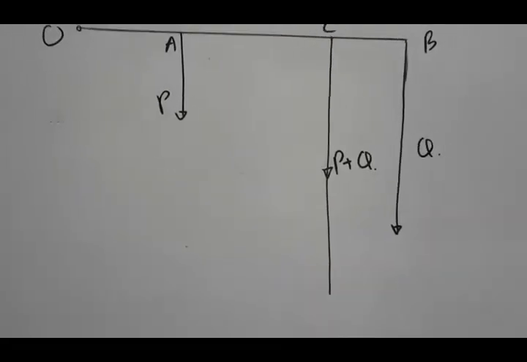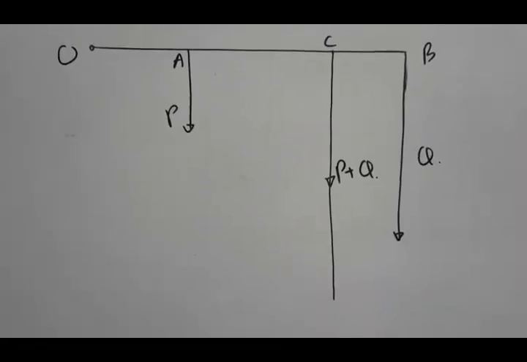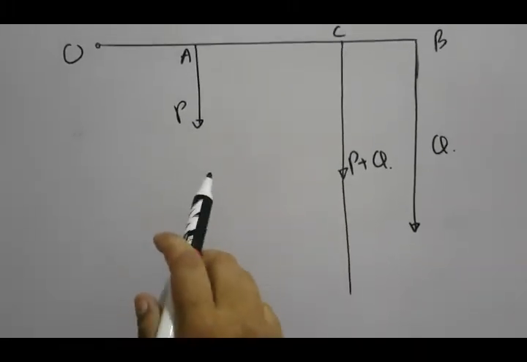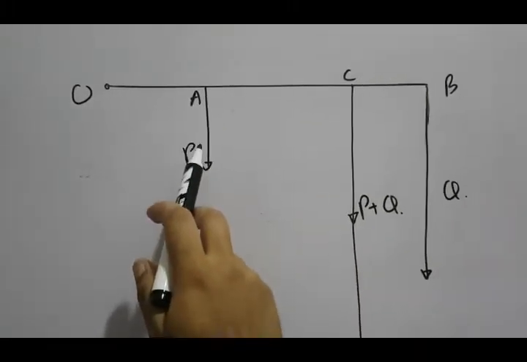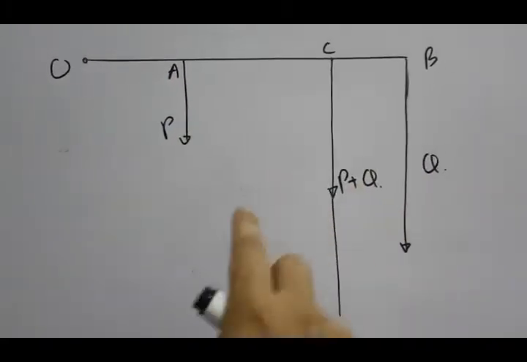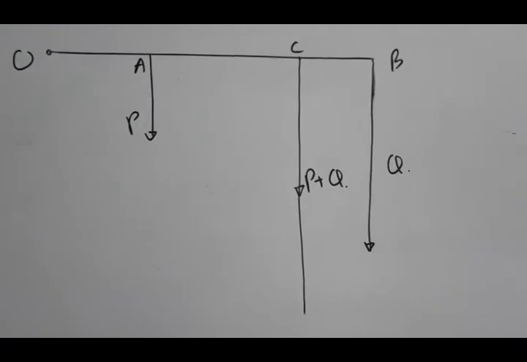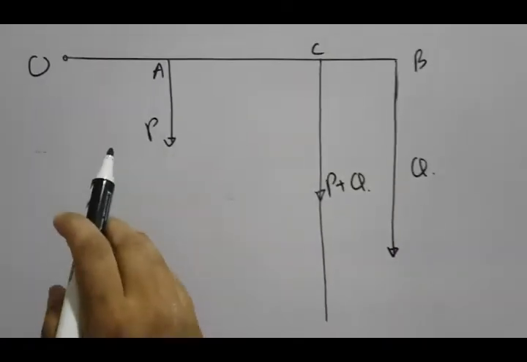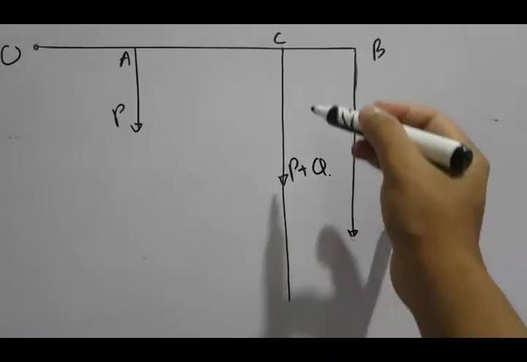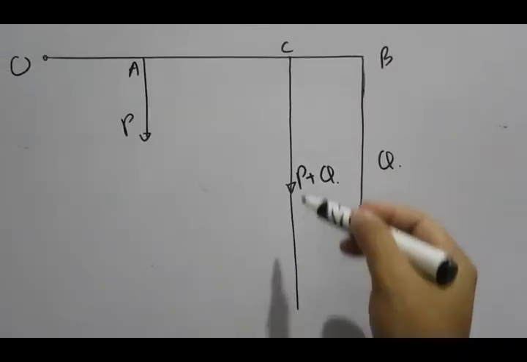We will learn about a basic theory about moments now. So I think you have learned about this when you have two parallel like forces, which means both of them are going in the same direction. So if we have two parallel forces P and Q, the resultant will be P plus Q, and the line